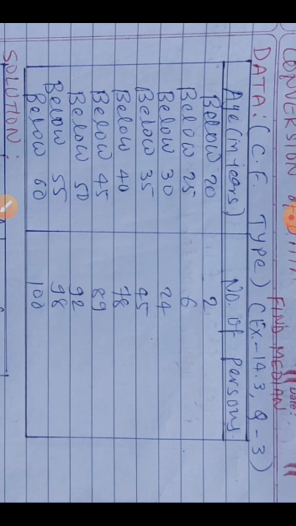So first of all we have to decide that whatever is given here in the first column, 20, 25, 30, 35, which boundary is that, lower boundary or upper boundary? Obviously, if the word below or less than is given there, then that is an upper boundary. Then and only then can we use the word below or less than, otherwise we cannot use that word. So whatever you can see here is an upper boundary.